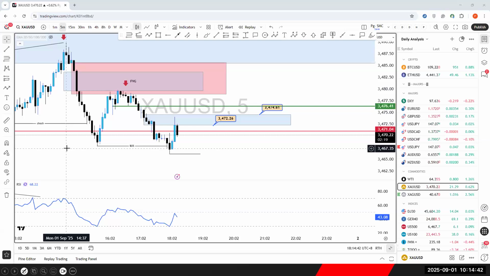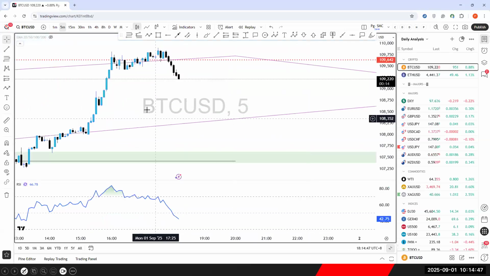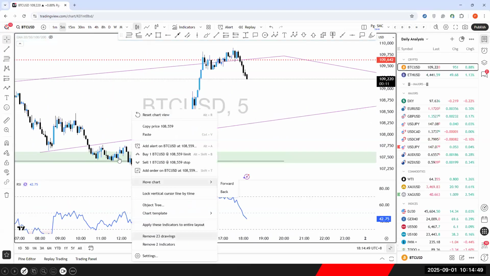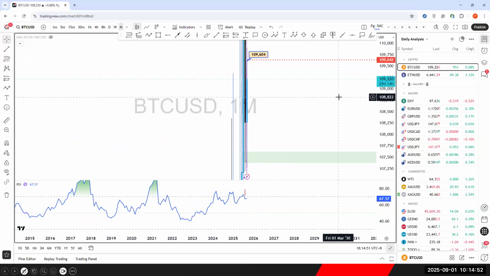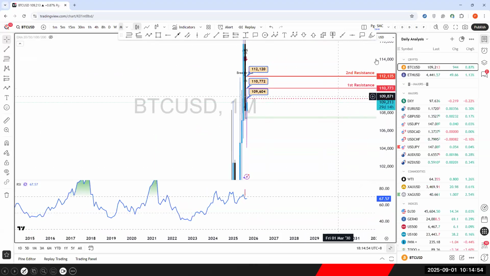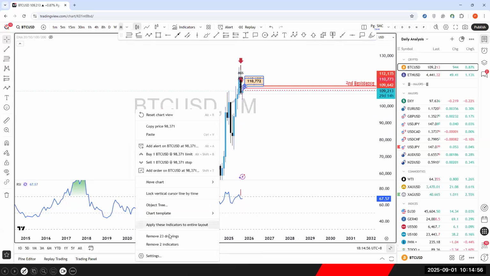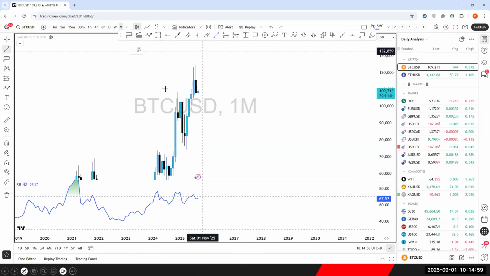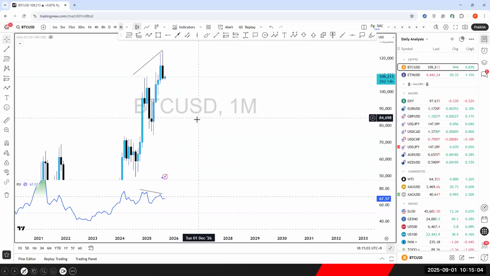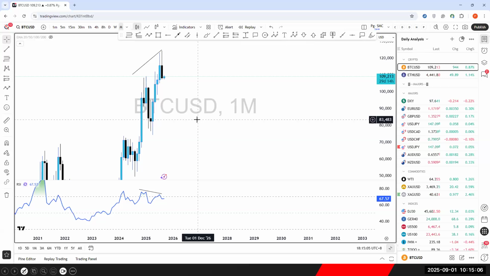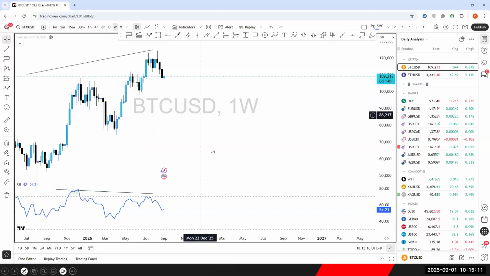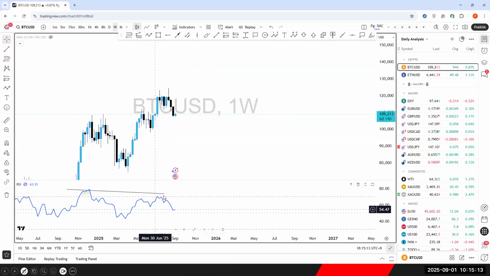I just saw BTC. If you trade BTC, you should look for the sell entry, and I have the reason why you should look for the sell entry. Because on the monthly time frame, price has the divergence here. You shouldn't buy BTC. You can buy at the support level. At a certain level, you need to sell. Okay, there's a BTC divergence here. Weekly, you see the divergence as well. Okay, lovely, very nice time frame. What do you see?